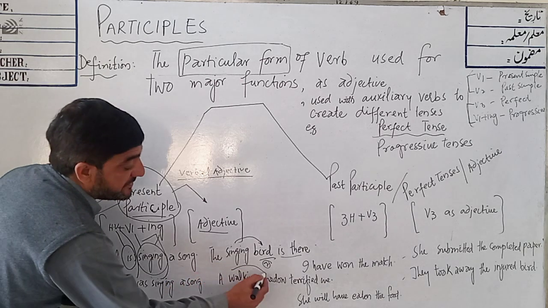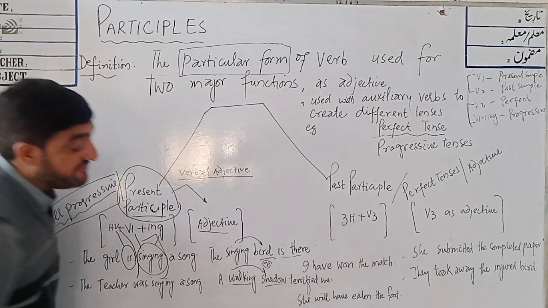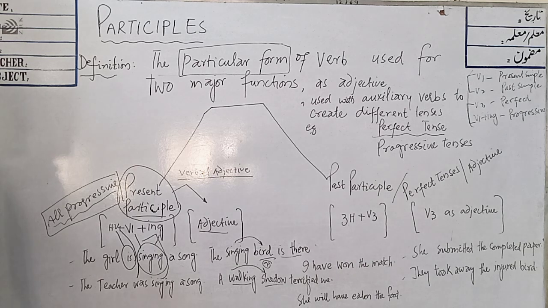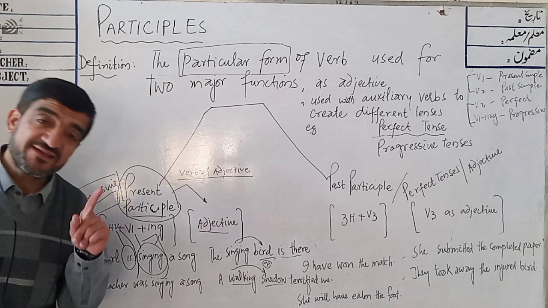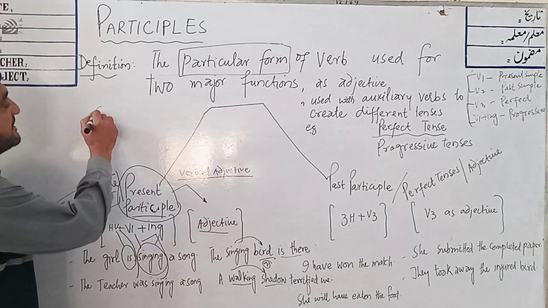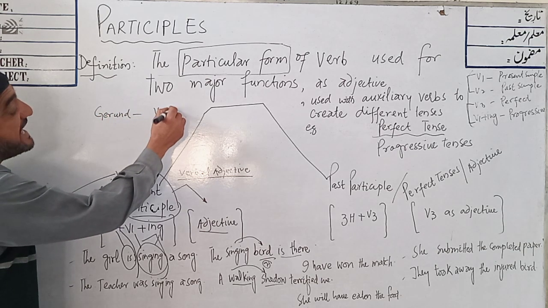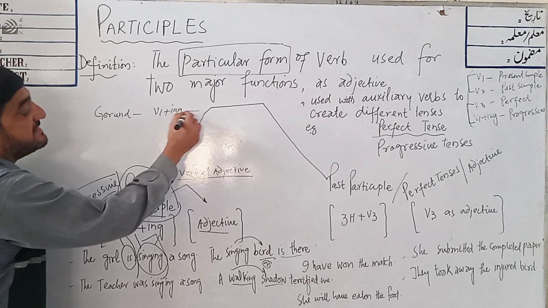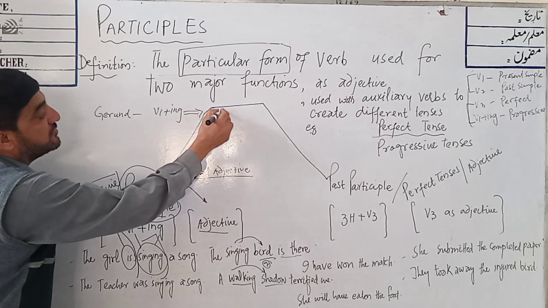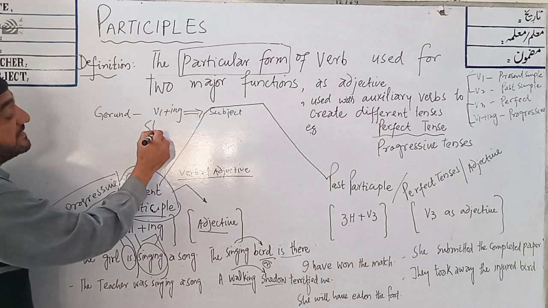A walking shadow. Walking, V1 plus ing, it qualifies shadow. And there is another quality of the present participle as well that is known as gerund. But we will discuss gerund in detail. You can easily understand gerund is also V1 plus ing form, but the difference is it is used as subject in a sentence. For example,